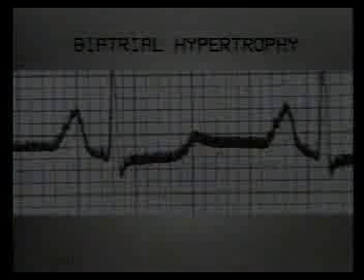Now this ECG shows biventricular hypertrophy. Note the tall R waves in V1 of right ventricular hypertrophy, and also note the deep S wave in V1 and V2 with tall R waves in V5 and V6 of left ventricular hypertrophy, and the strain pattern in V5 and V6. RV1 is 10 mm, so right ventricular hypertrophy is present.